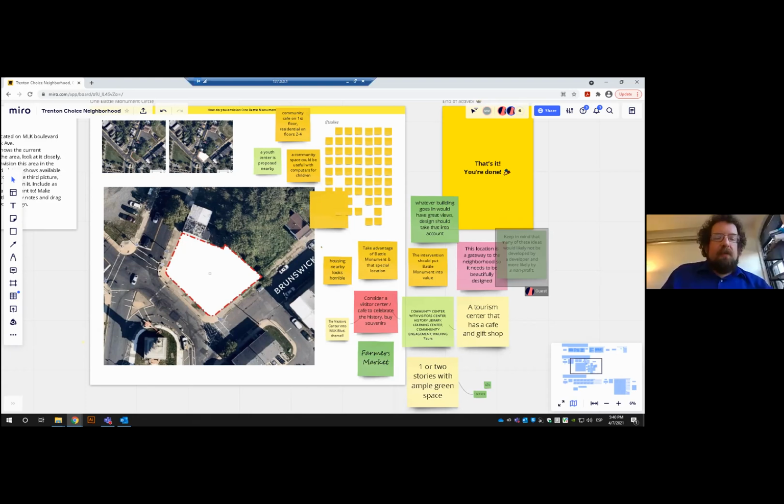One thing that's very important to note is that for whatever you build there, whether it's the city building it or a developer building it, it's got to go through the land development process. We've actually had the city wanting to build something, and it turned out that it didn't accord with what was on the property, and the city had to go for a variance for a property development.